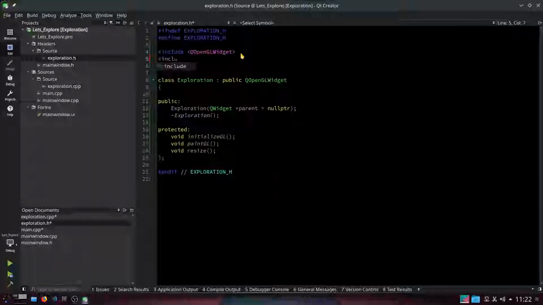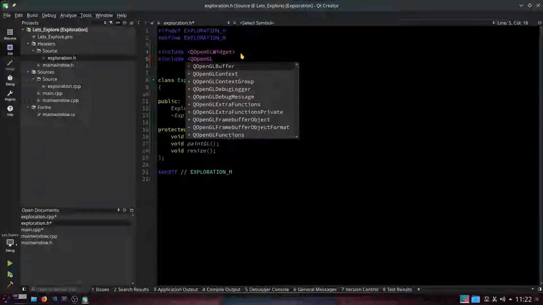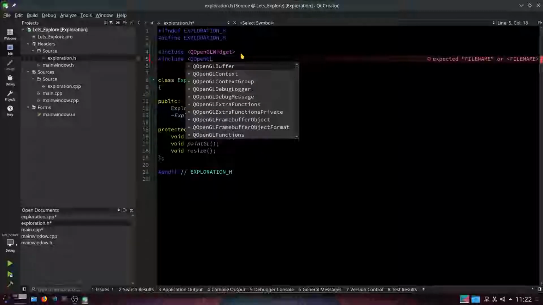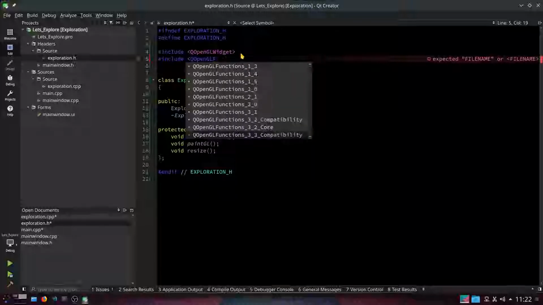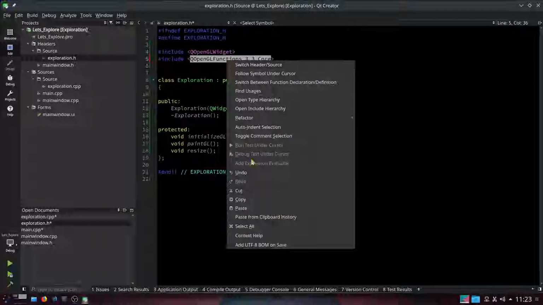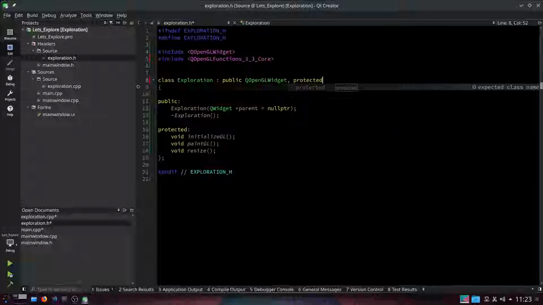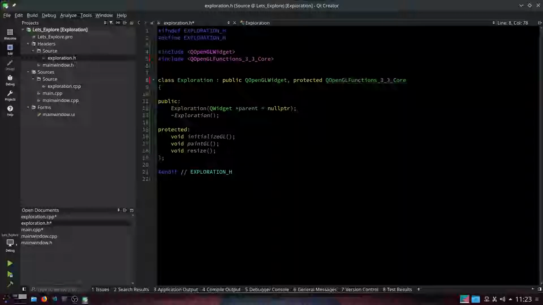Hash include Q open GL functions. Oh, lots of them. Lovely. I'll have that one, please, Bob. Press tab. There we go. Can I take the whole of that, please, and copy it? Because we are going to inherit from that, so we can use everything, all the functions and everything. That'd be brilliant. He said it was protected, so other people can't use it. There we go. Now we've got that,